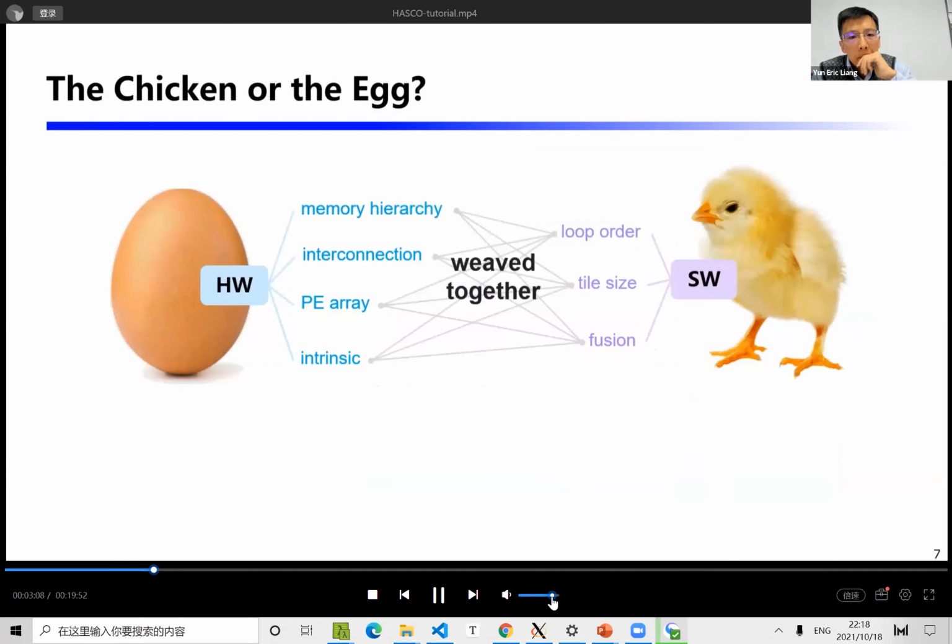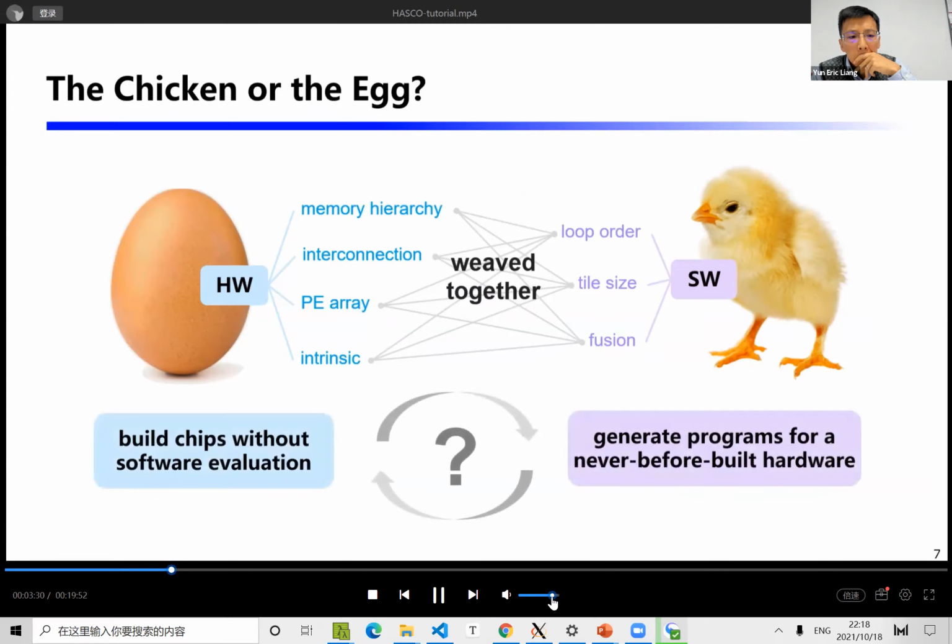Generating the holistic solution at once is infeasible, as the hardware and software are tightly interweaved. For instance, loop reordering changes data locality, which impacts the efficiency of the memory hierarchy. The tile size decides the size of a sub-workload, which is restricted by the on-chip memory size. Therefore, it's a chicken or the egg problem